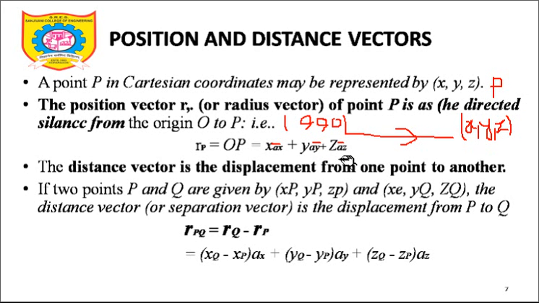Now what are this ax bar, ay bar, az bar? In the vector calculus you have studied in mathematics, you might be using the notations i, j and k, i bar, j bar, k bar. These all are unit vectors. Any vector with a small a is a unit vector in the direction of x, y and z respectively. Either it can be i, j, k or ax bar, ay bar, az bar. But take care that we are not going to use the notations i, j, k in this particular subject.